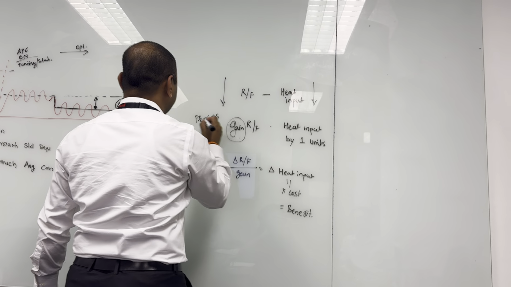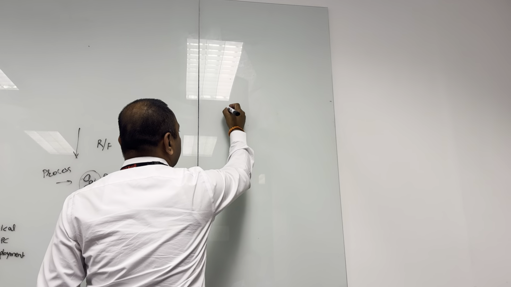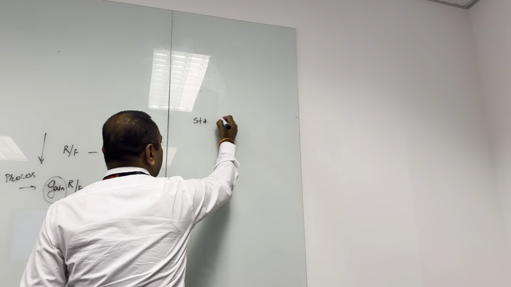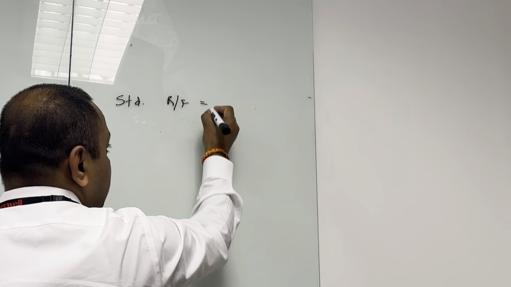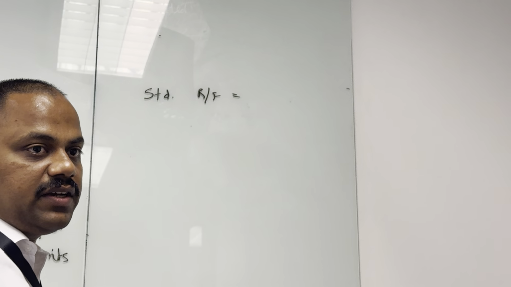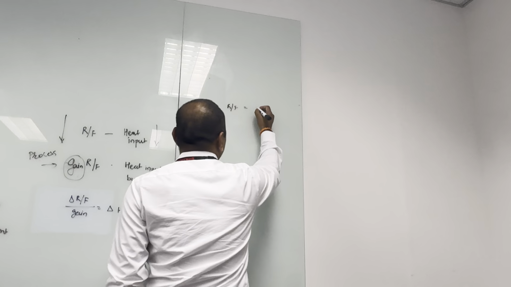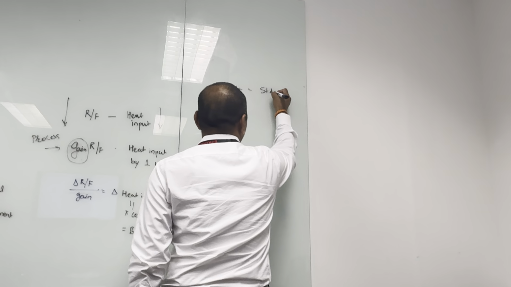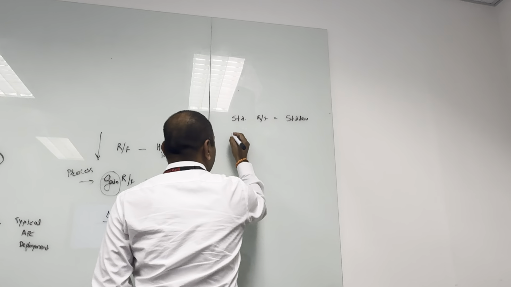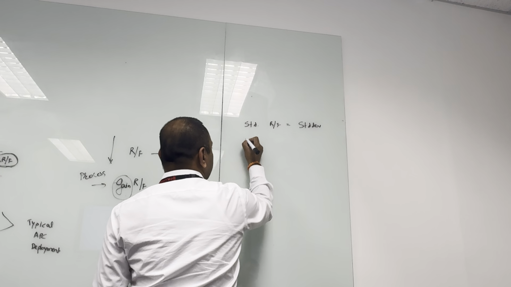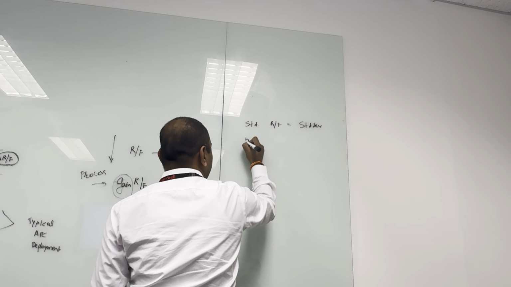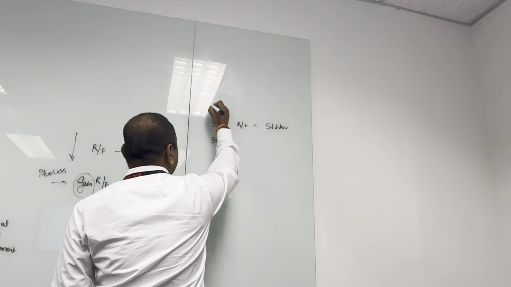How do we calculate the delta F? So we calculate the standard deviation of R by F, the existing standard deviation for the period which we have selected. Okay, we calculate the standard deviation. Then what we do, we say that okay, this standard deviation can be reduced by 50%. Okay, we have taken 25